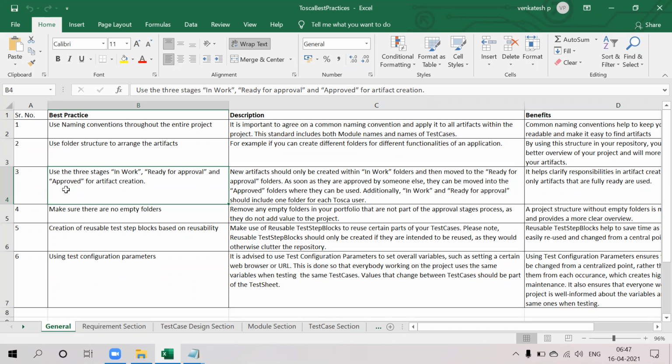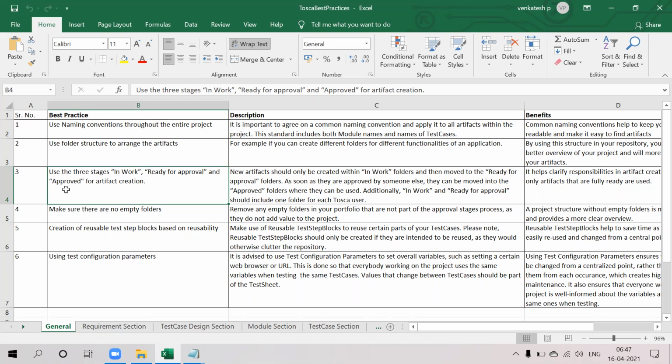In most of the companies, like 90% to 99%, people use the same structure in Tosca. It uses three stages: in work, ready for approval and approved, and one more, rejected. Each and every folder you maintain in the repository.